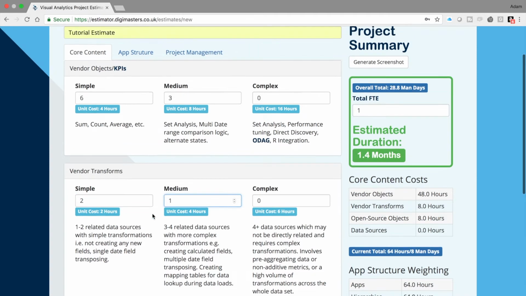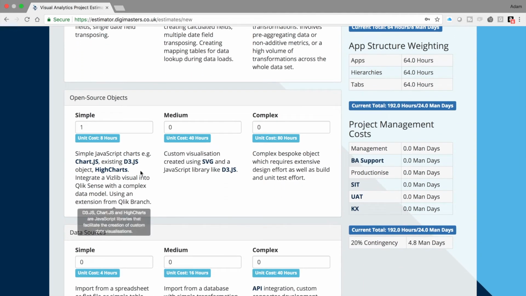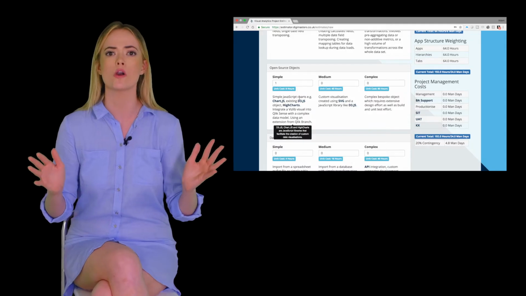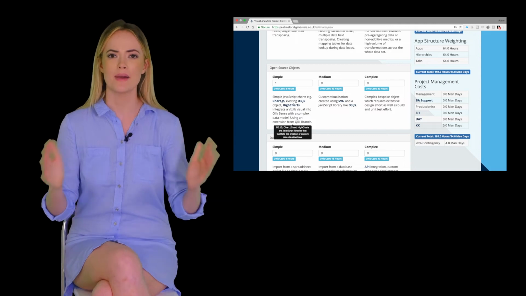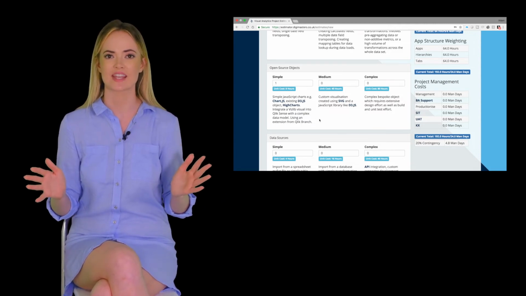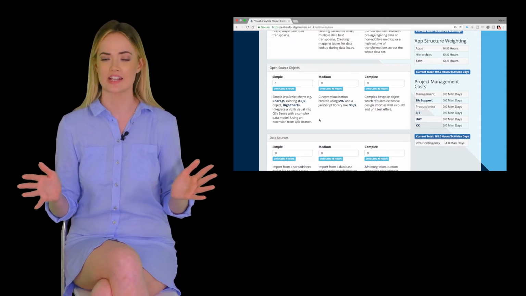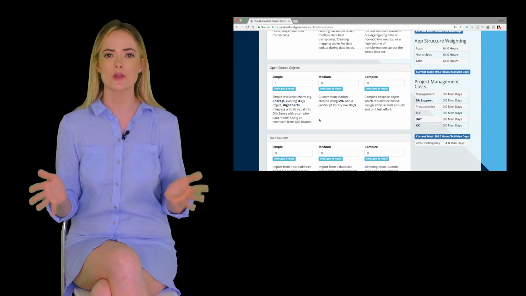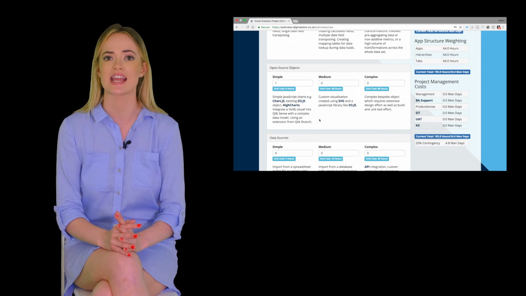The third row focuses on designing, building, and unit testing any custom extensions or bespoke visualizations to be either embedded in your visual analytics tool, or if you're developing a mashup, embedding the visualization in your web app. A mashup is an app that uses web development to build an application. This utilizes objects or data from a vendor tool inside the web application. It's a hybrid of open source code and vendor features mashed together to create a very custom and interactive